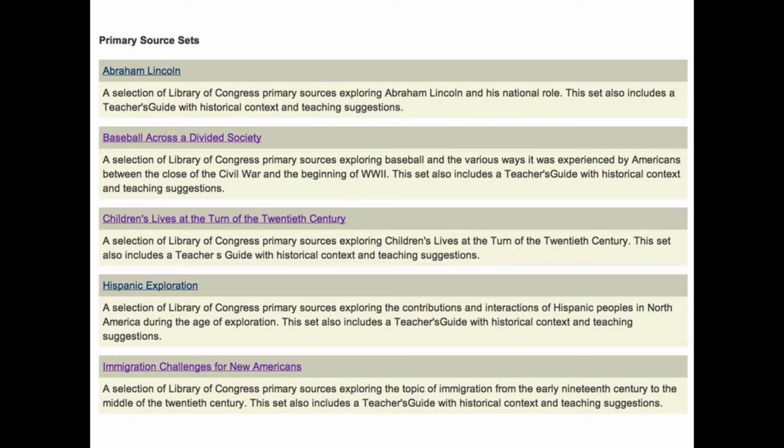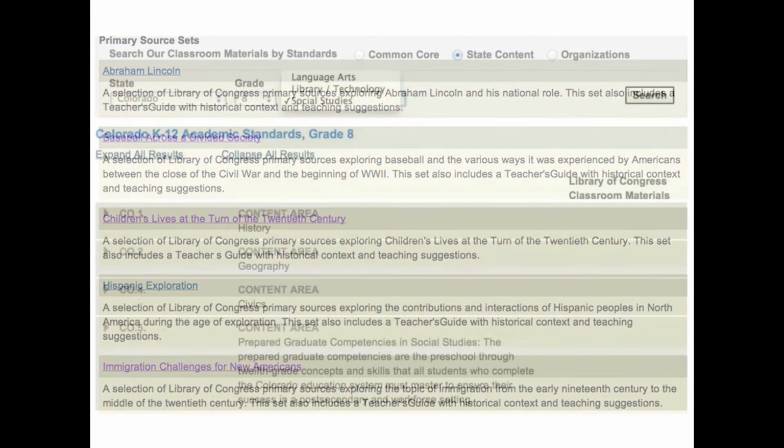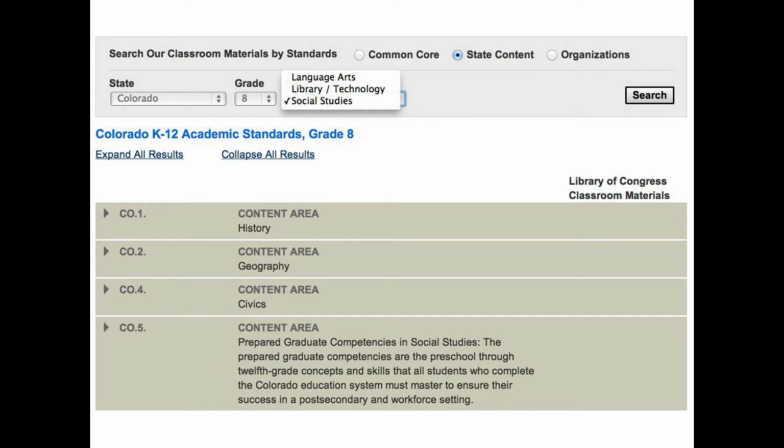But it's not just about history. I wanted to show you that I collapsed this so you can see that it's history, geography, civics, and the graduate competencies, but you can also search on language arts. And for some states, you can search on library and technology, but most people do that search from the right-hand